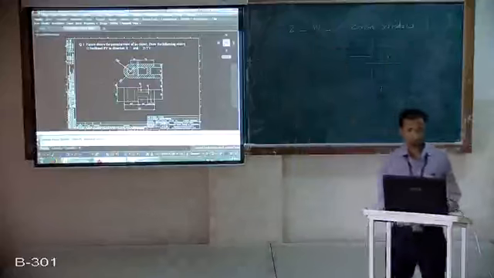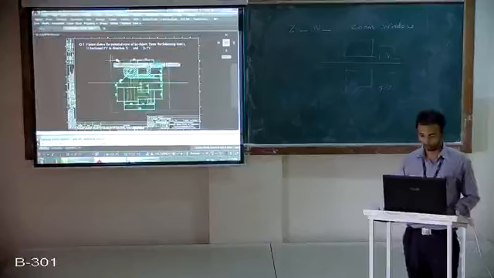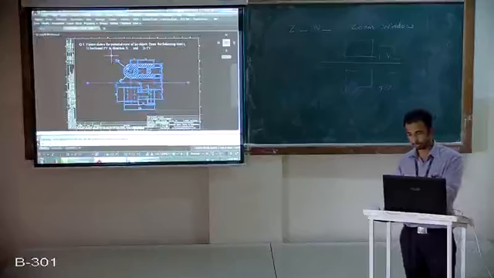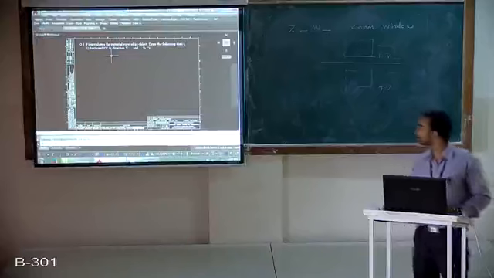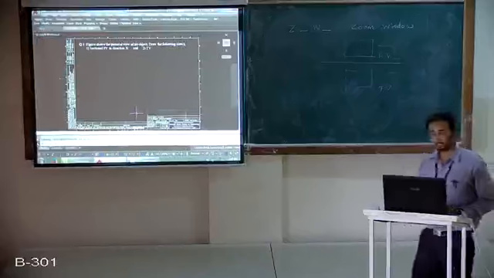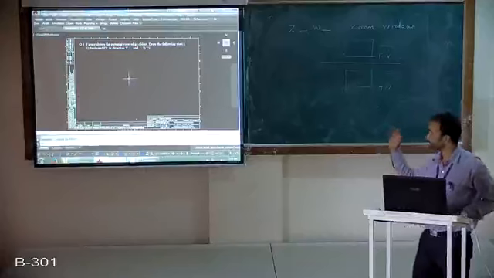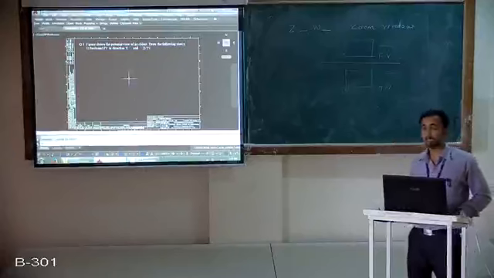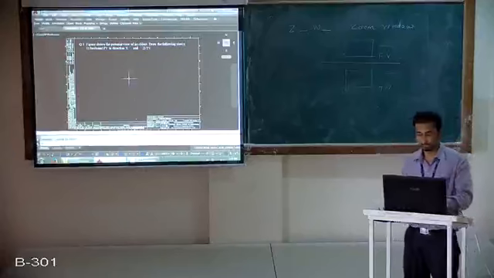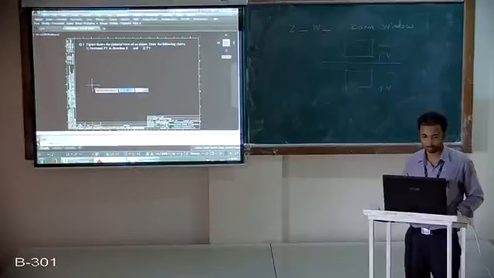Now what I will do, I will select this drawing and delete, because we need to draw this entire drawing from scratch. Now I have this question. This is an ISO A3 size standard sheet. So the very first step in solving this problem is to take a horizontal line, which is a reference line for the movement. So I will take a line command. What is the shortcut? L space.